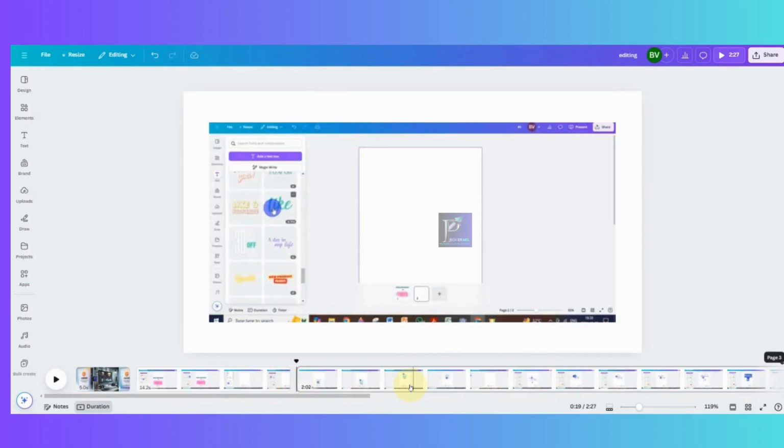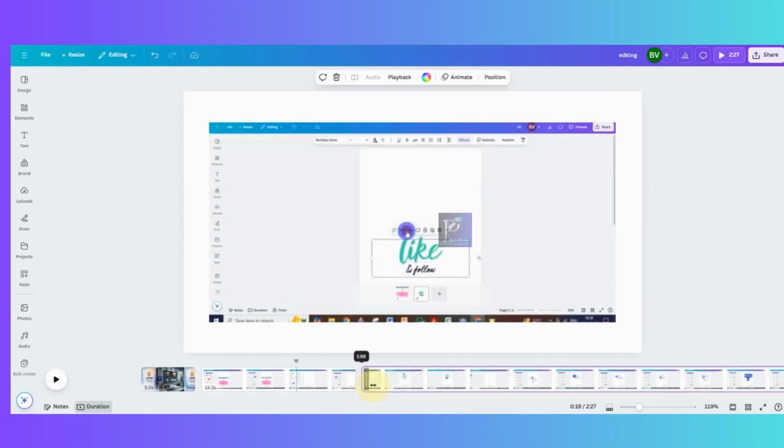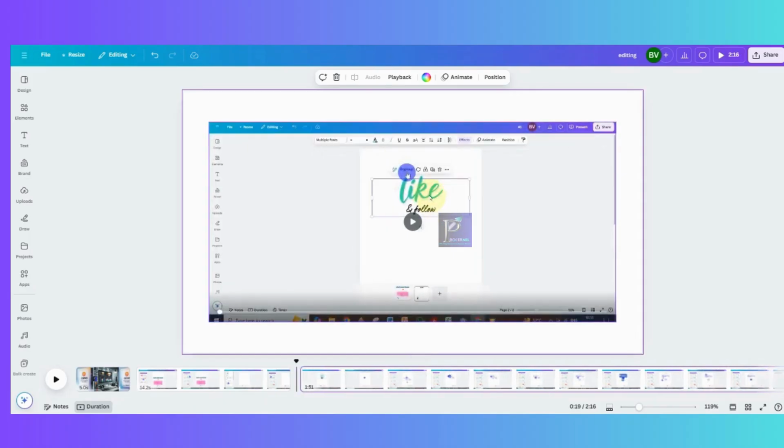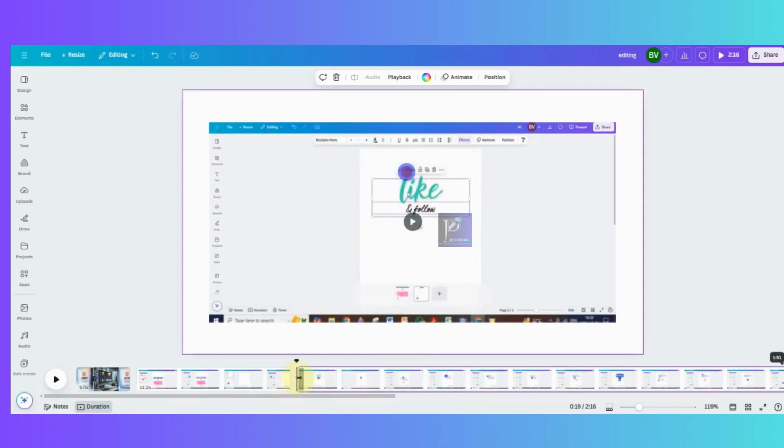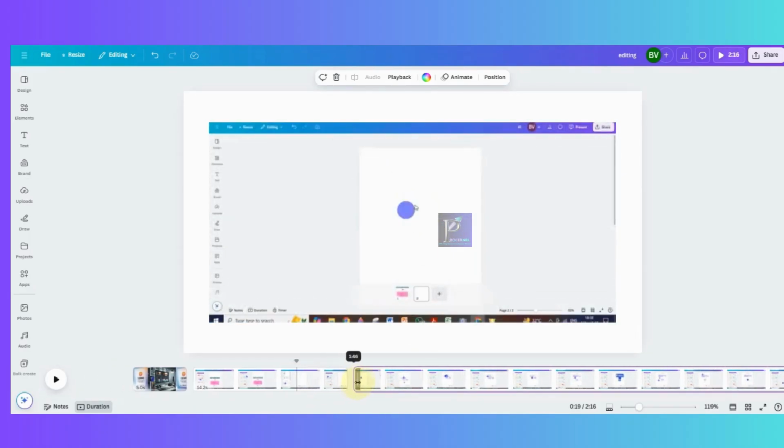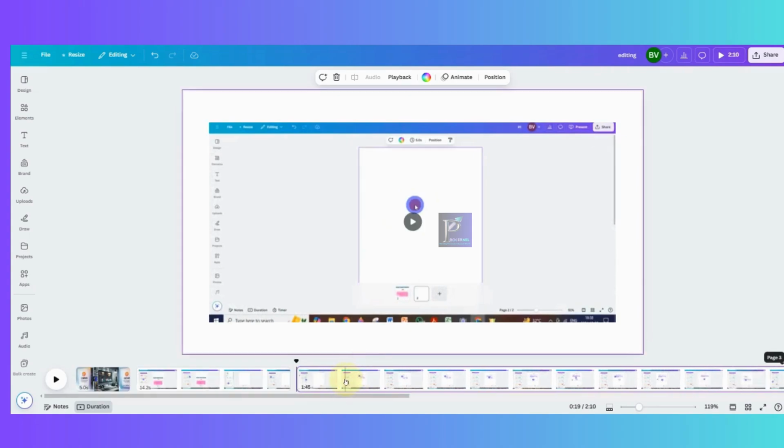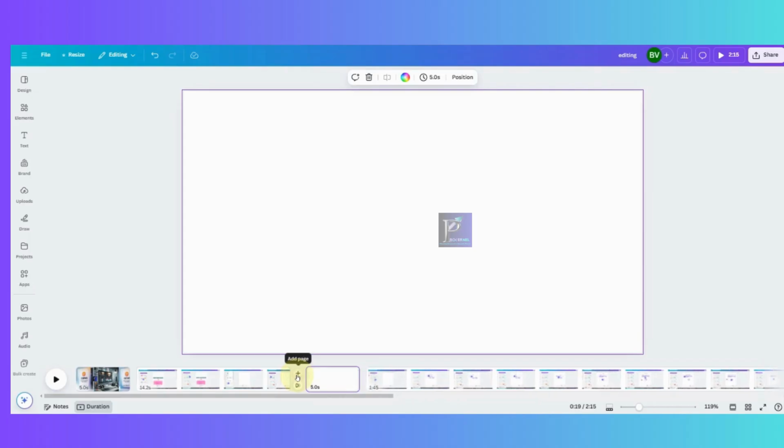So now we have two options. Now just do the trimming. Till where I don't want the like, I can see from here, so I can just move it, done. So the like has gone. Got it? Done. So if you want to add something in the middle, you can add a page here and